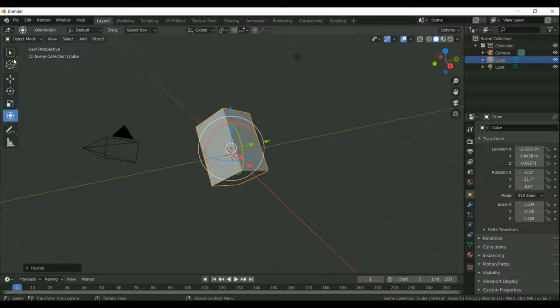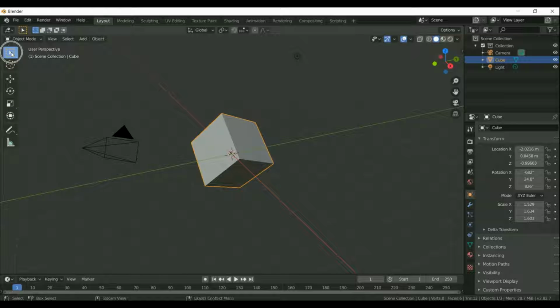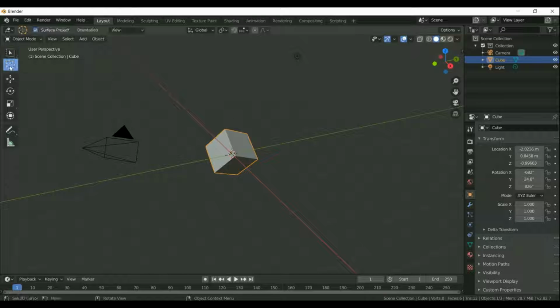So going back to the selection tool, this is our basic cube. Before beginning we need to introduce one more tool, the cursor tool.